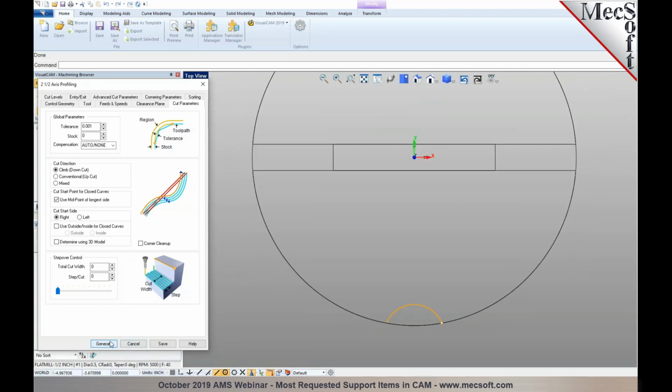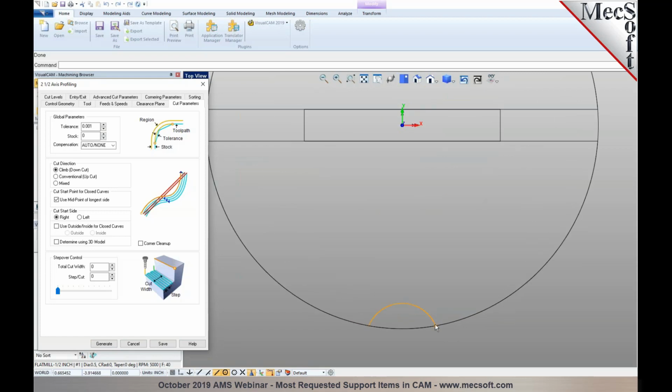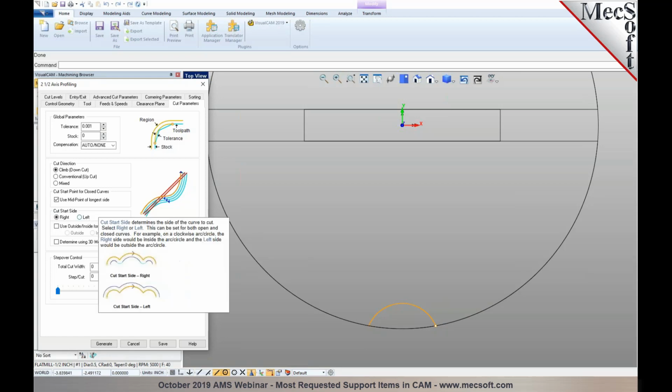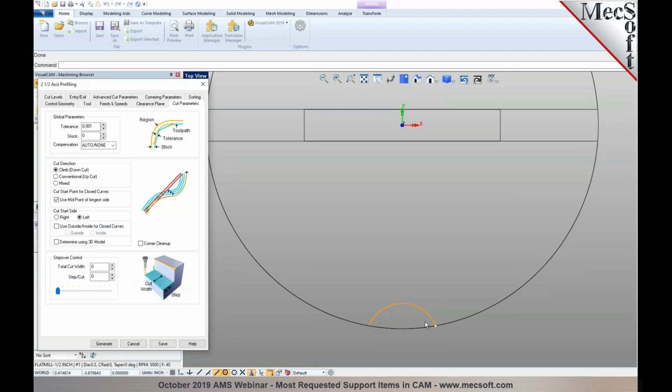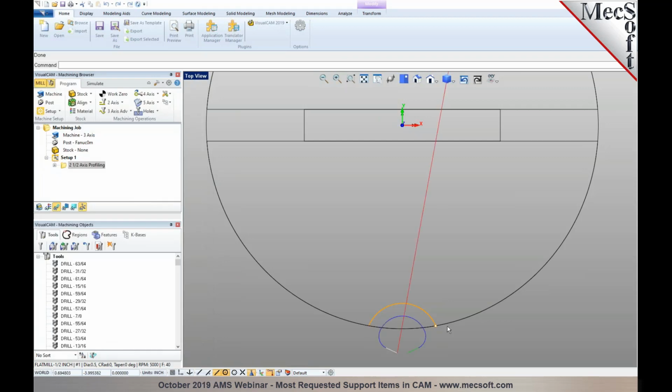So in this particular example, you'll notice that when you have a region selected, a start point is displayed on the curve. So this represents this particular curve is flowing in a counterclockwise direction based on the start point. So selecting a cut start side of right will basically place your tool path or the cutter to the right side of the curve. Selecting cut start side to the left would place the cutter to the left side based on the direction of the curve. So I'm going to leave it as left and then generate this tool path. So you will notice that in this particular case, the cutter is on the left side of the arc